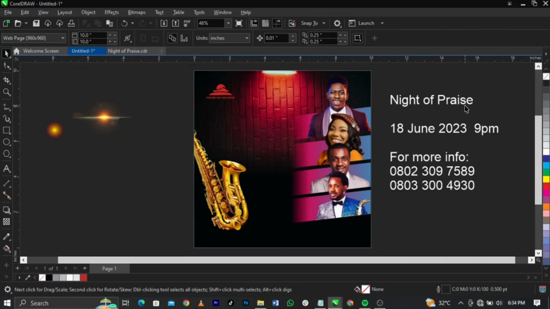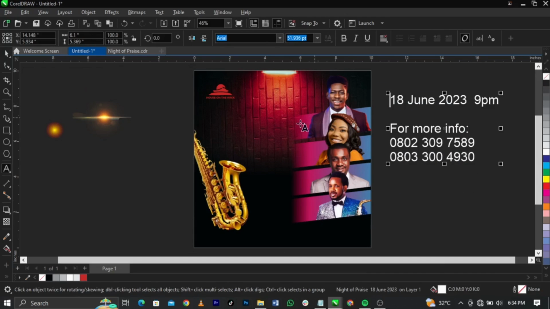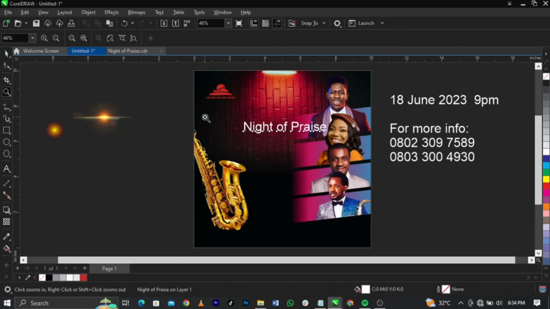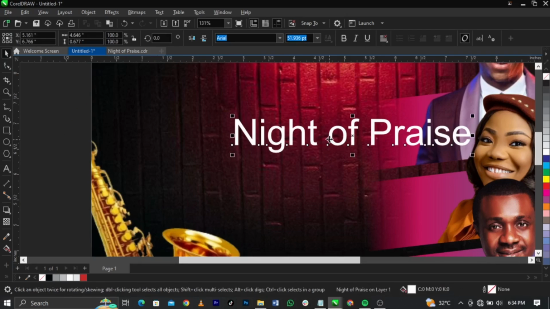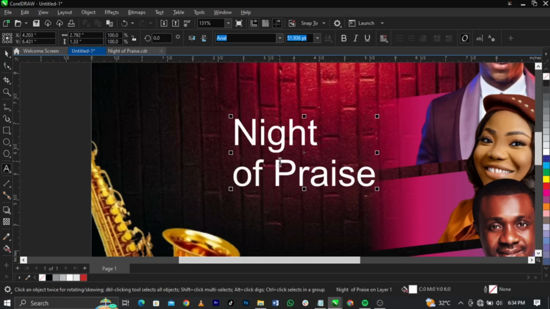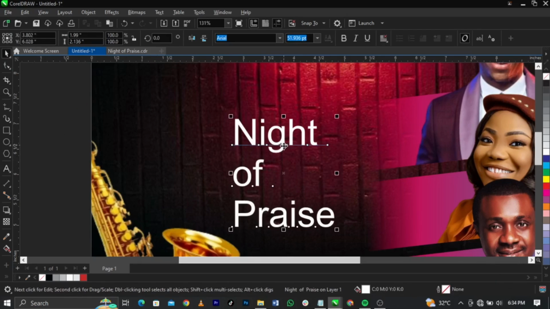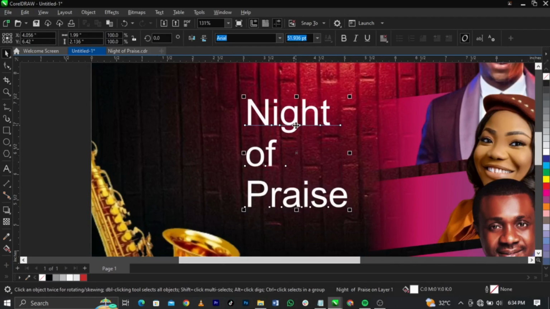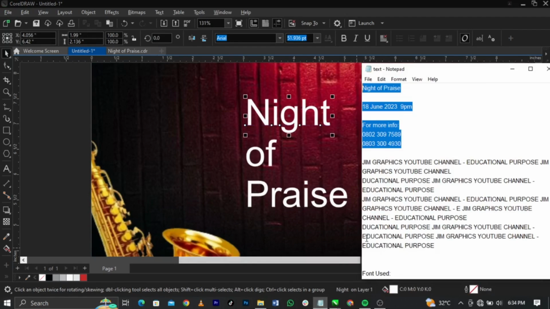Now right about that, we're going to cut out this Night of Praise and paste it here. All right, then break this apart, put my cursor here, break it apart. So now I'm going to click on Ctrl+K, and the font I'm going to be using for this is